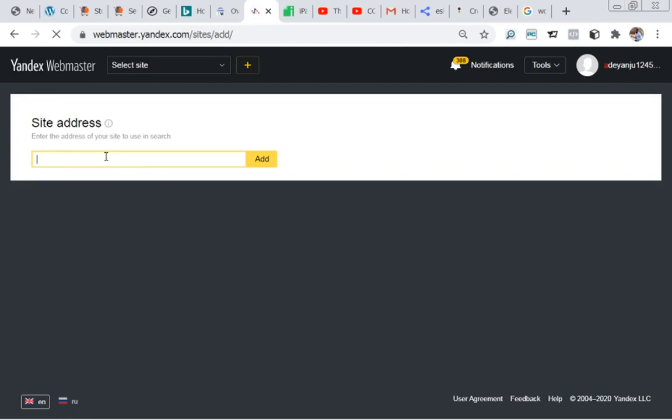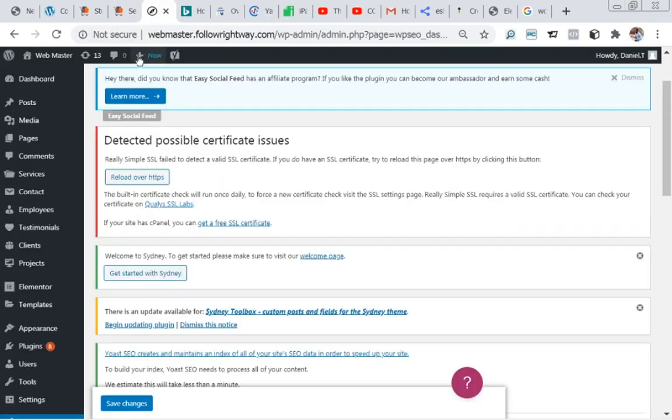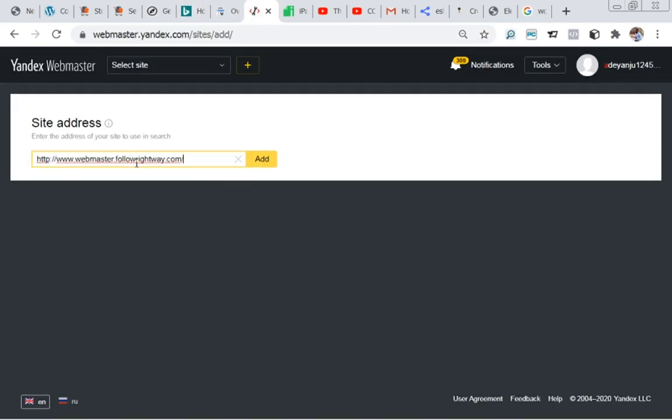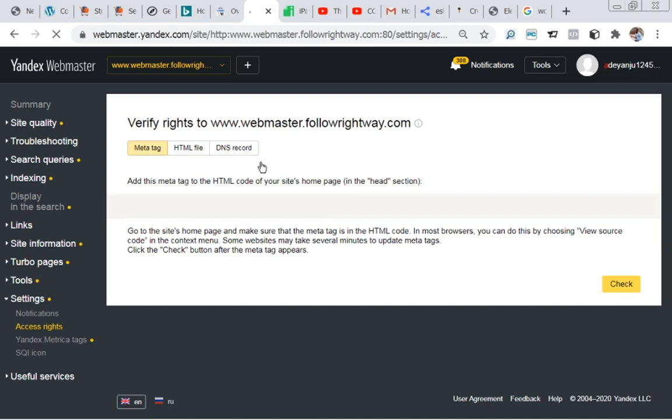So let's paste the address of our website. Let's go back to copy the address of our website. Copy, and let's quickly paste it here. Let's click on add. Great. So we are not going to use the DNS record, the one that Google